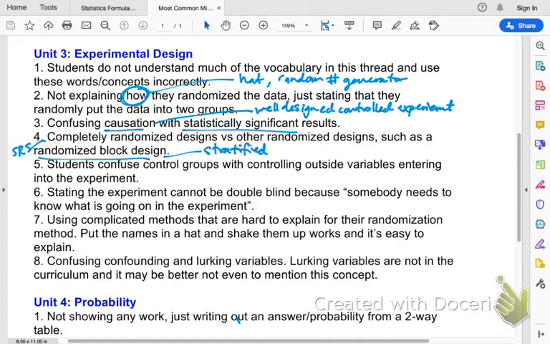Number 5, students confuse control groups with controlling outside variables. Control group means that they are actually a group that people are assigned to. So assigned to this group. Control groups are not necessary, but often suggested so that you have something to compare it to. But if you're just controlling outside variables, that means keeping things constant. That has nothing to do with a variable